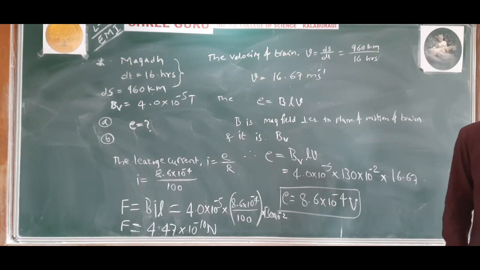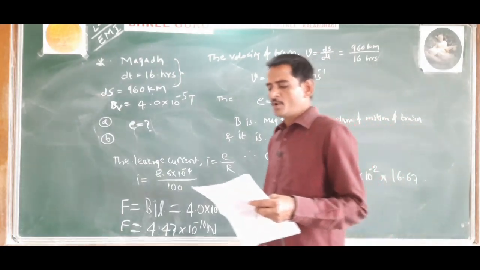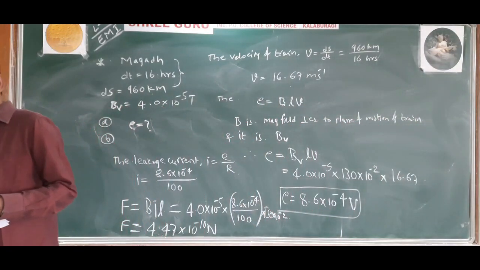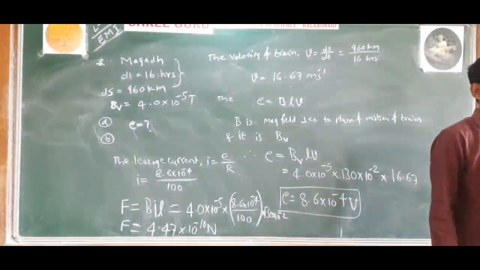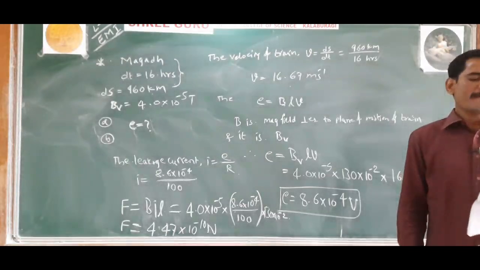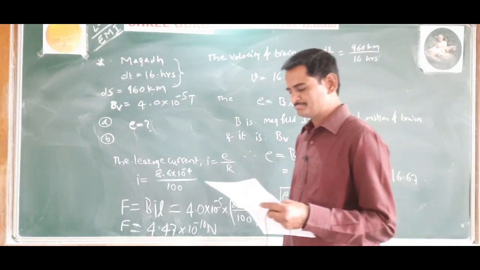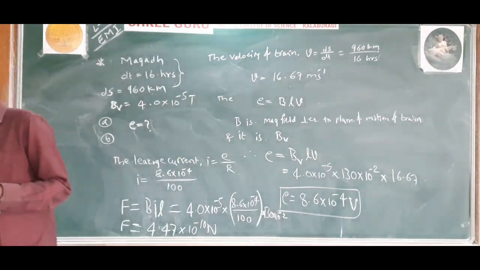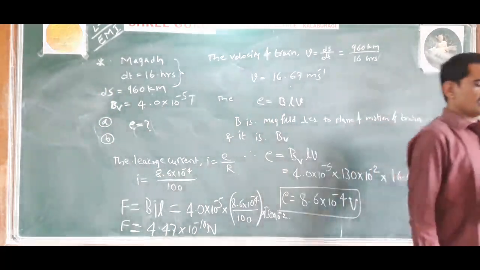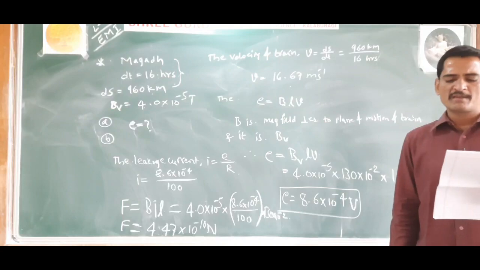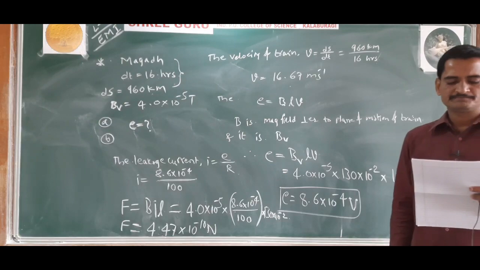What is the voltage difference developed between the ends of the wing, having a span of 25 meter,